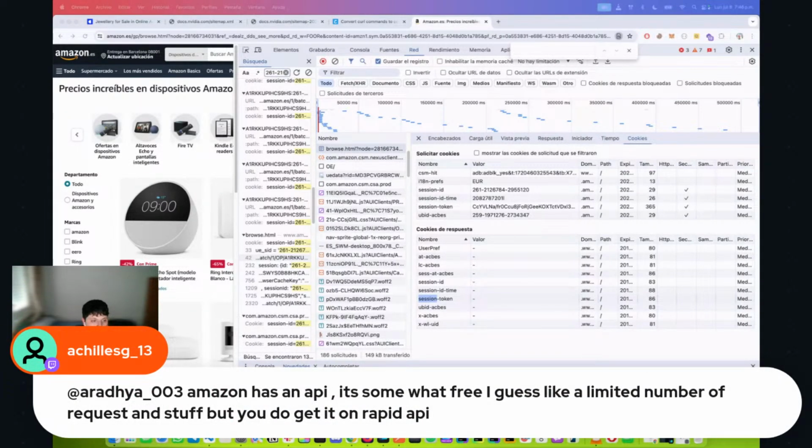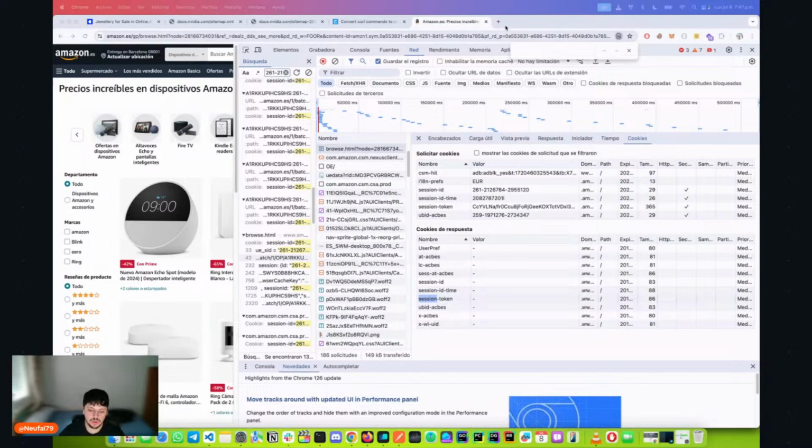Amazon has an API. It's somewhat free, I guess, with a limited number of requests and stuff, but you do get it on Rapid API. Okay, that's pretty cool. Yeah, most of the big websites have